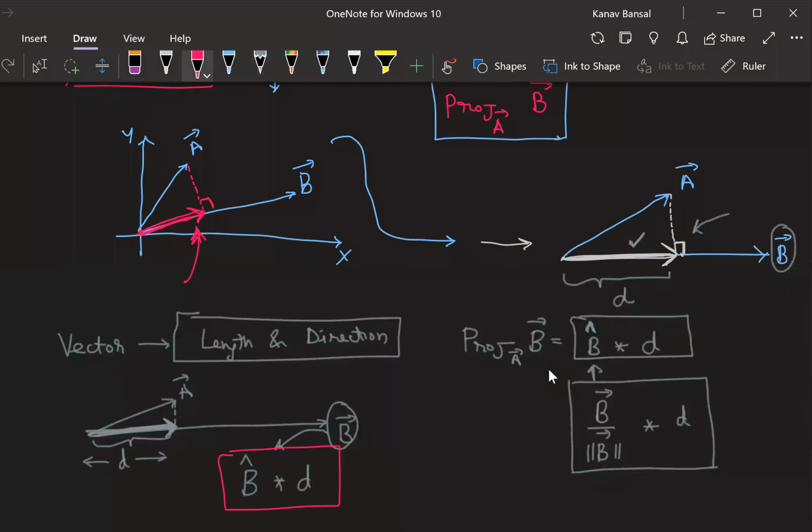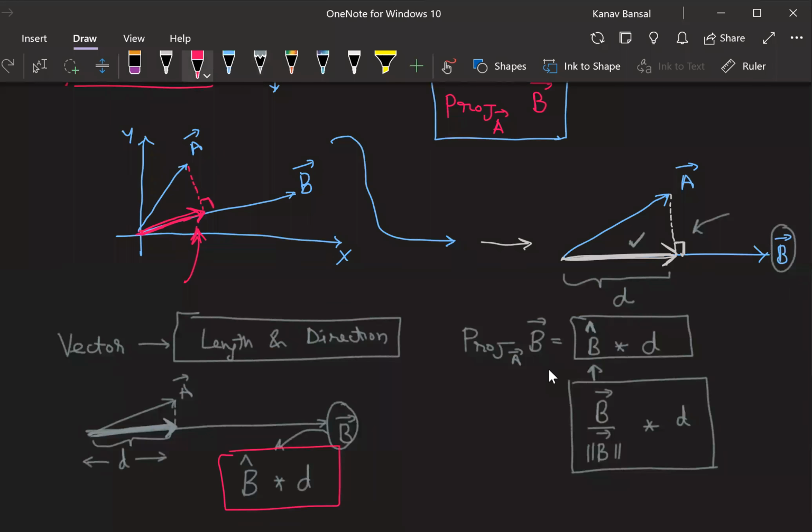Right. Now let's try to compute this thing, because this is the only missing part here. We already know this entire thing. We now need to only know d, right? So how do we do that? Let's first try to create this thing again so that you all are able to understand it, right?